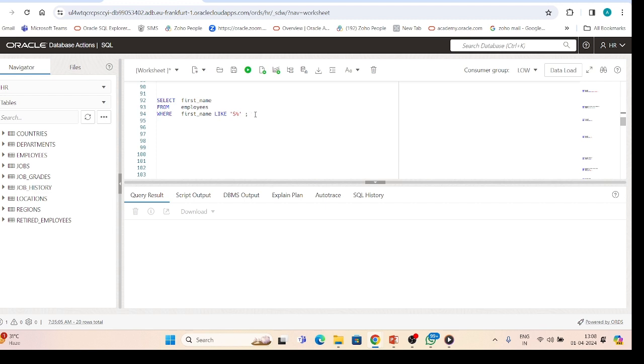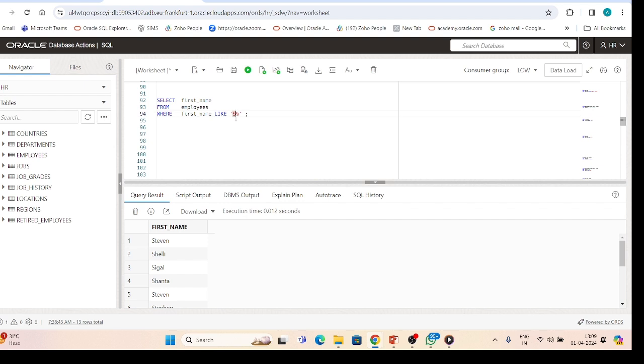Now if we execute this query, we'll see that the select statement returns the first name from the employees table for any employee whose first name begins with the letter S. As you can see, we took S as an uppercase character, so names beginning with a lowercase s are not returned.